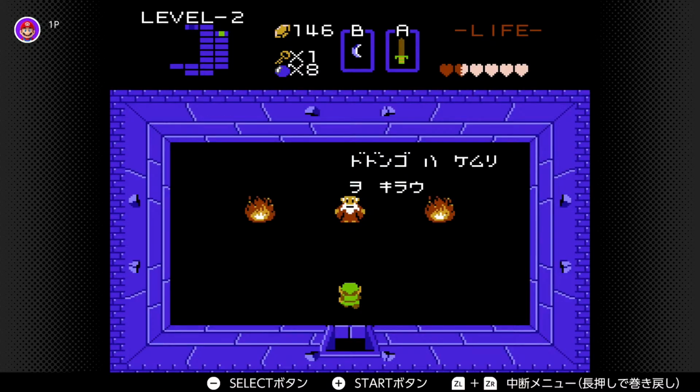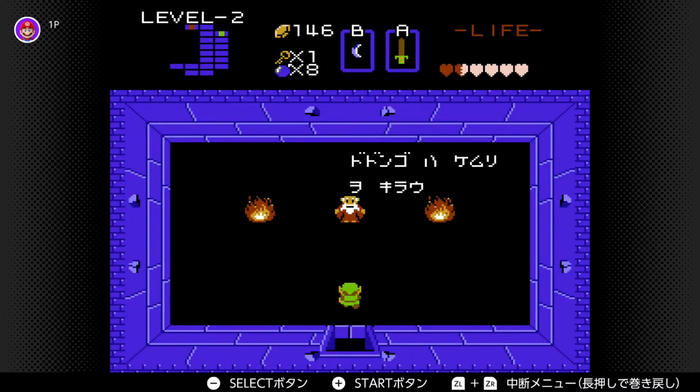Of course, with the topic particle wa, written as ha. As for Dodongo, Kemuri means smoke, then the object particle, and so as for Dodongo, the smoke,